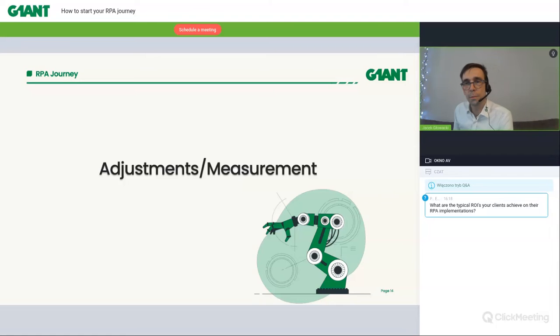And also measurements, because we can actually tell the robot what kind of measurements we need, right? We can measure each specific part of the robot process. We can have the time of each record being processed by the robot measured. We can have each parameter of the work of the robot measured, so we know exactly how much work the robots are doing. We know exactly how much time we're saving.